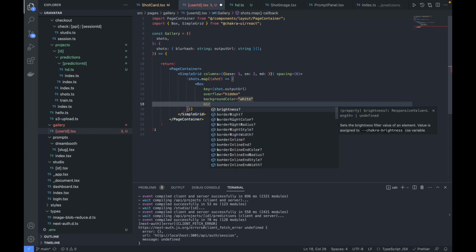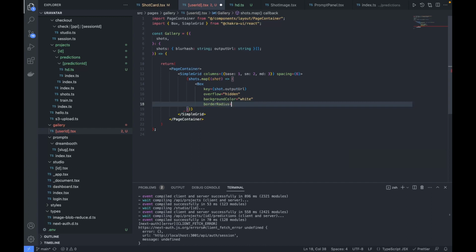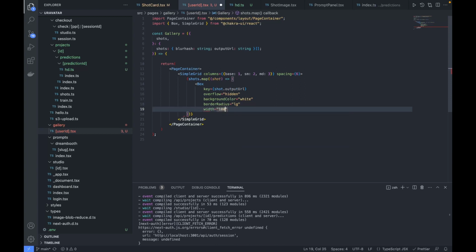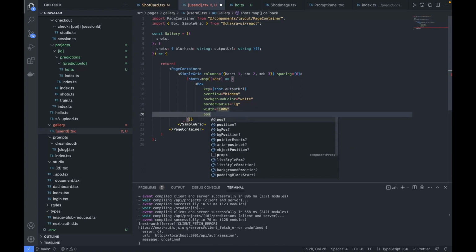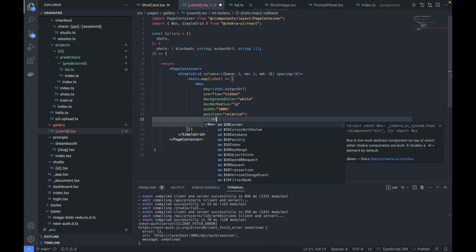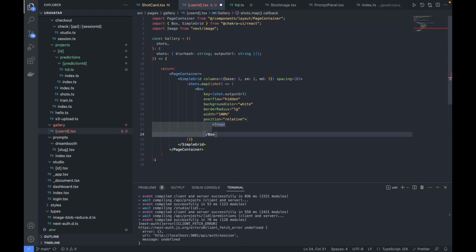Border radius, be it large, and width 100%. Position, let's make this as relative. Okay, fine. Now inside this, the image. Let's make use of the image component from Next, and